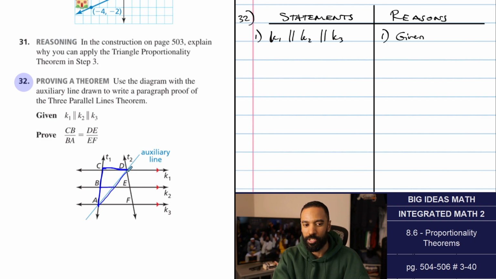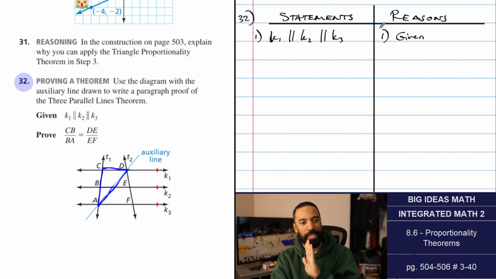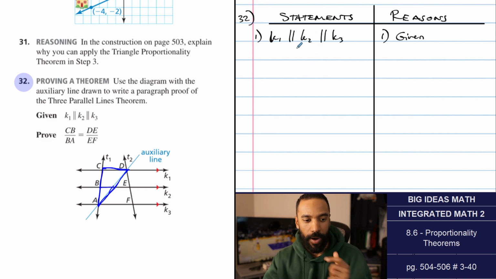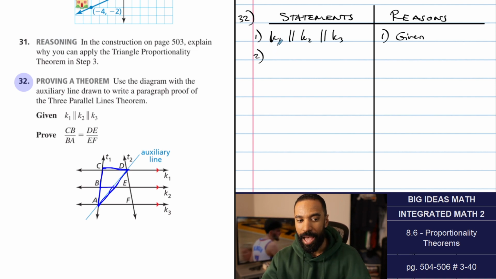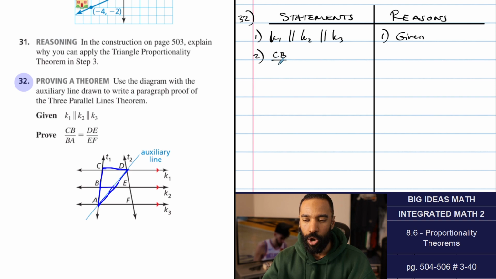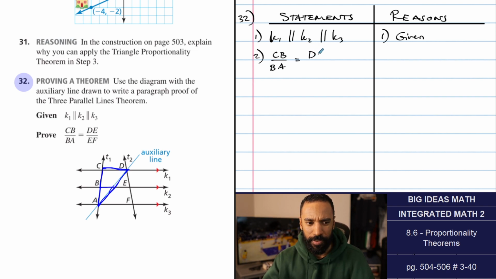Okay, you know what? I don't think this proof can take too long. I don't think we have to prove triangle similarity anymore. We can use the triangle proportionality theorem, I think, straight up right here. And I think it's basically a substitution. So it actually isn't that bad. Because K1 is parallel to K2, and you have a triangle setting in there using the triangle proportionality theorem, I think we can go straight into saying things like AB, wait, they want to say CB. Okay, let's go in the way they have it. CB over BA equals, this might be really fast. Am I doing this too fast? DE over EF, excuse me, DE,